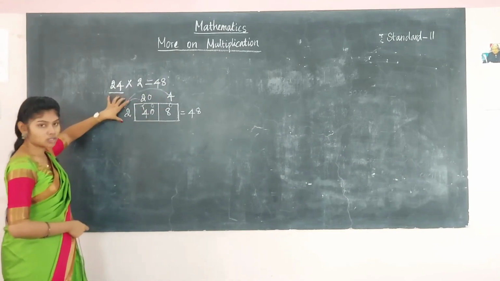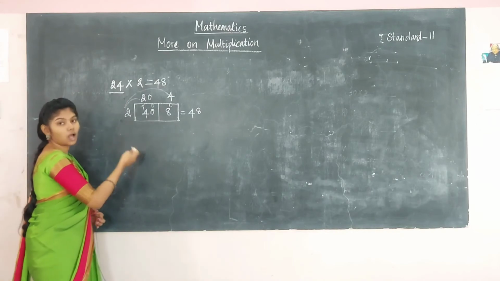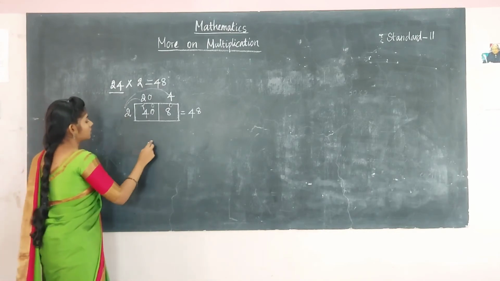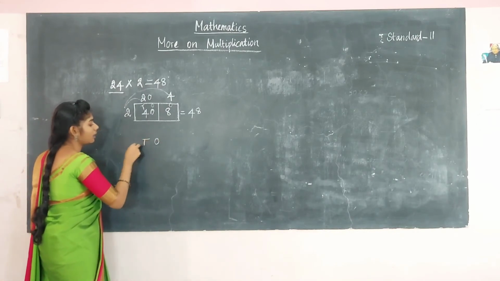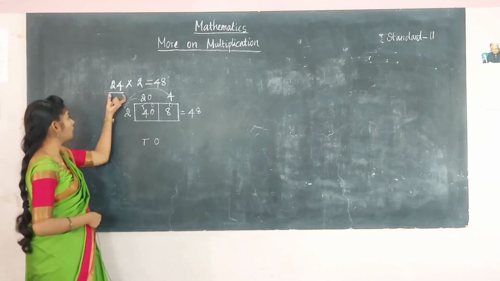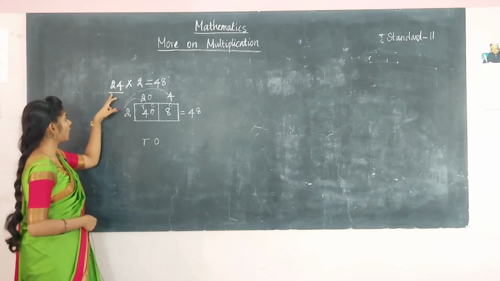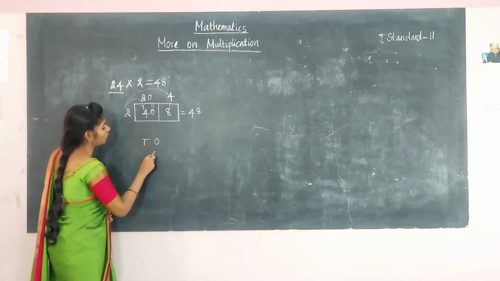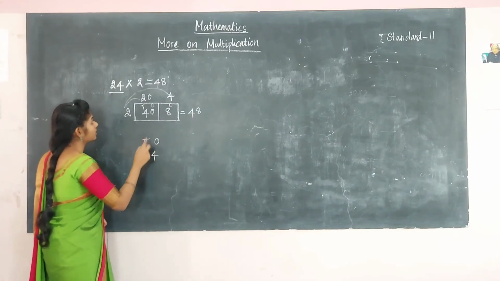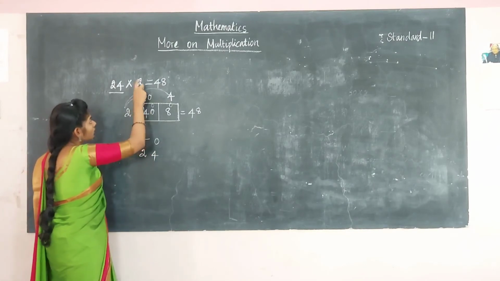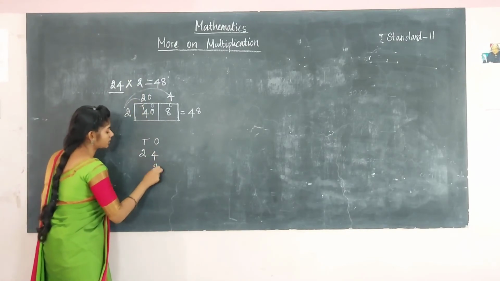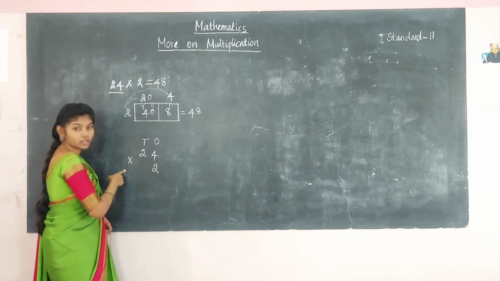So this is the box method. Now how we can multiply the numbers by places. See here, ones and tens. Why am I writing up to tens? Here we have a 2-digit number, no? So I am writing up to the tens place. Then write the number 24: 4 in ones and 2 in tens. And here 2, in the ones place only. 2 in ones, and give the multiplication symbol.